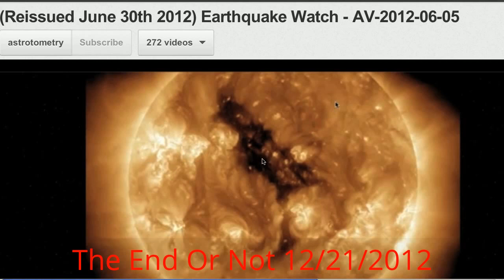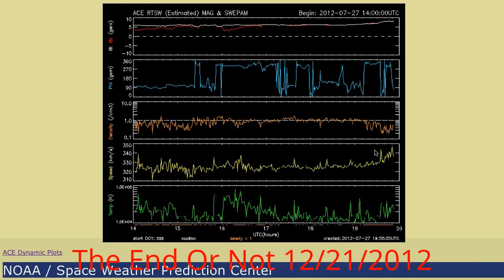So every 26 days, this hole comes back around into a geo-effective position, which we're getting ready to see, like I said, the incoming solar wind from this. And so I thought I would go ahead and reveal the latest thinking on this mapping technique.